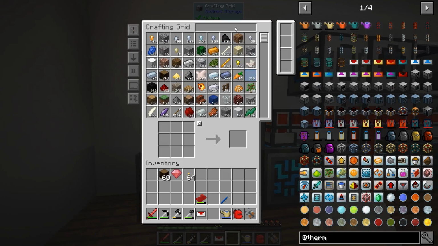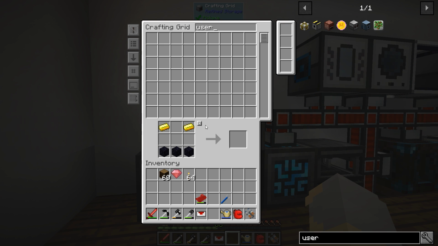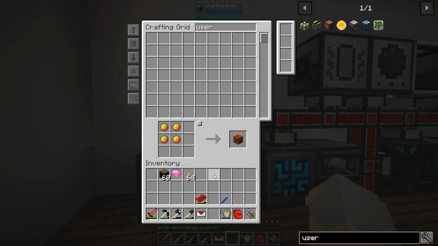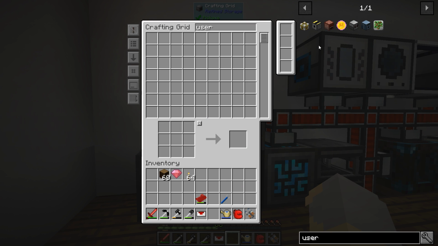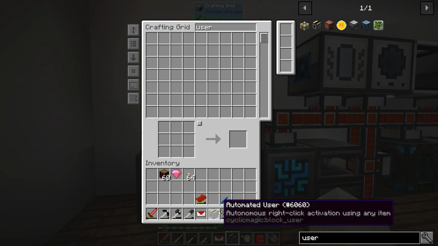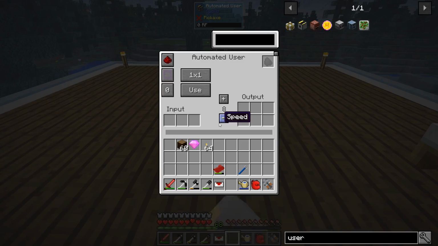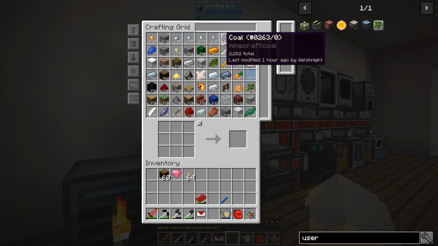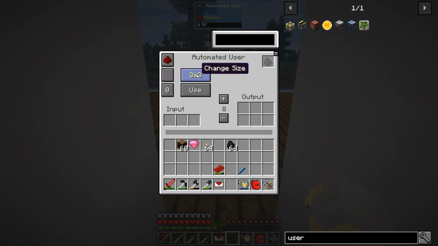So what I want to do is go right here and make an automated user. Let's see, what do we need for this? We need a magma block. I can actually just make one because I have a couple magma slimes. We need a dispenser. And there we have an automated user. So the question is, first of all, do we need coal for this? We totally do. Let's grab a little bit of coal. And then we say